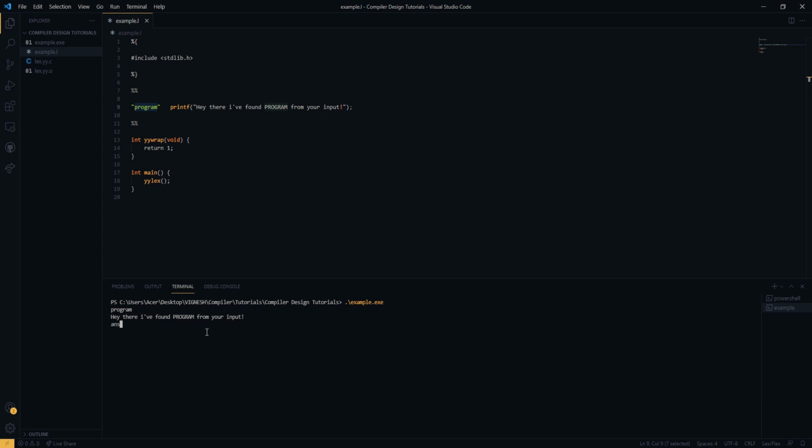When I type something else, it's going to repeat what I said, like hello world. Whatever I type, it's going to repeat it here. There is a way to control this. Actually, let me stop this. We can control this using another regular expression that we can write here to stop. We have to press dot, and following that we can say printf